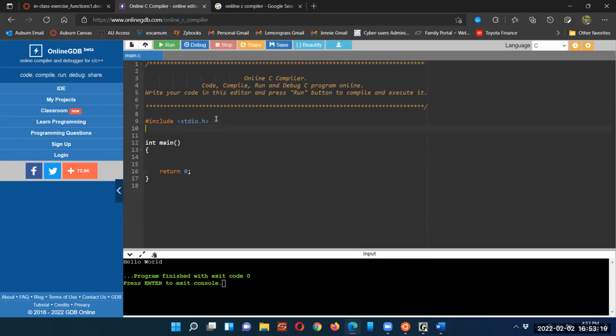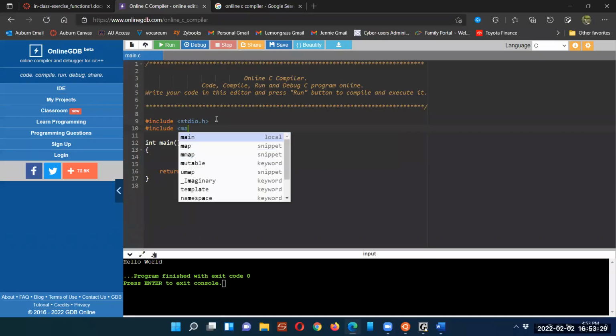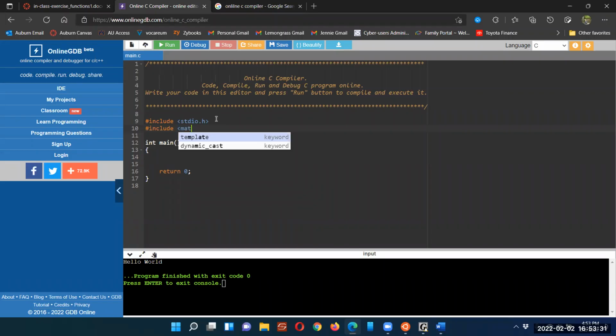So we can go here, include math.h, and they even give you some form of IntelliSense. That's probably not as helpful as it could be. printf, 0.2lf. Right, so we'll run this, and you can see you can run C code in here